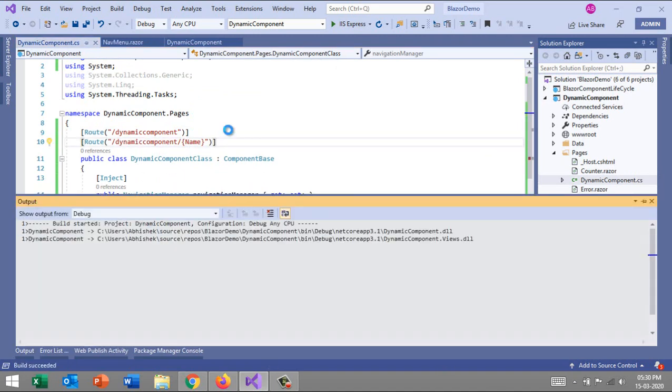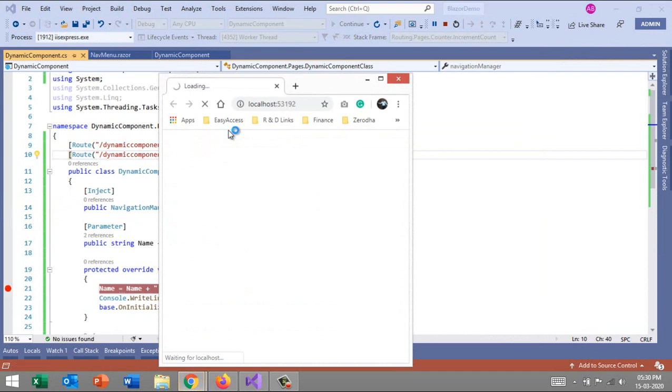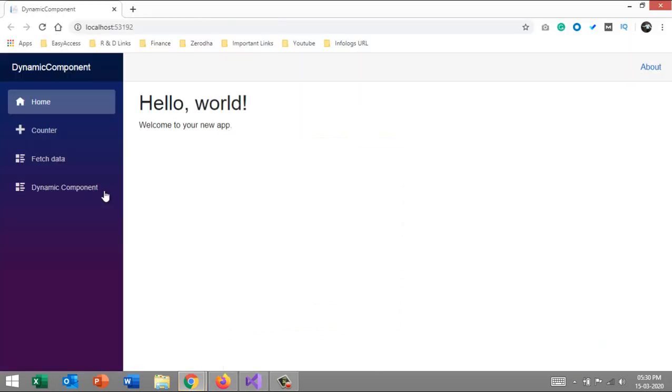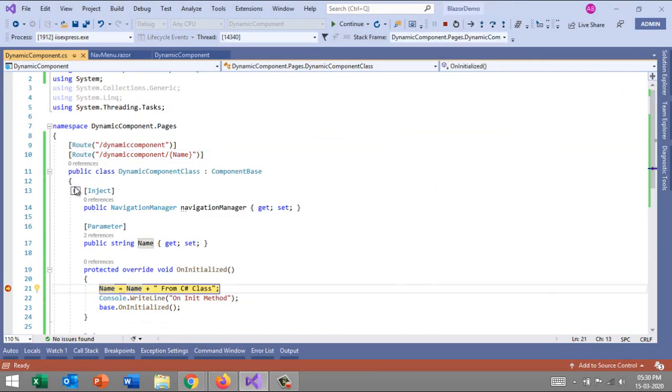Let's test this one as well. The application is loaded, and I'll hit the DynamicComponent, so we don't see any parameter because this is null. I think I should have checked for null, because we don't append anything, but it's fine for now.